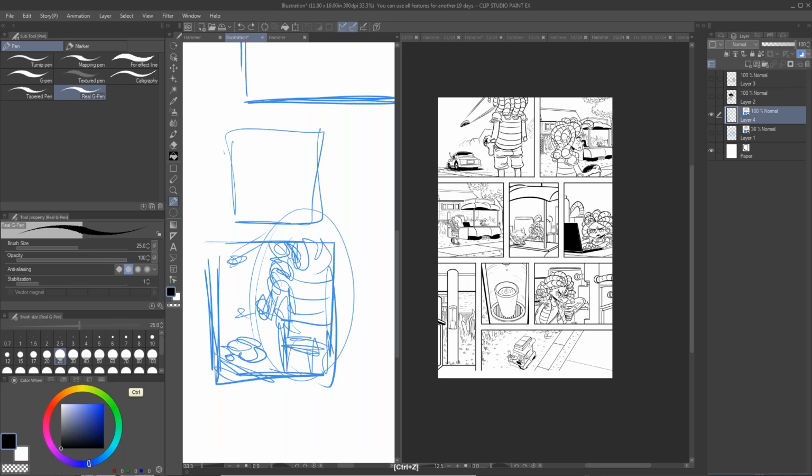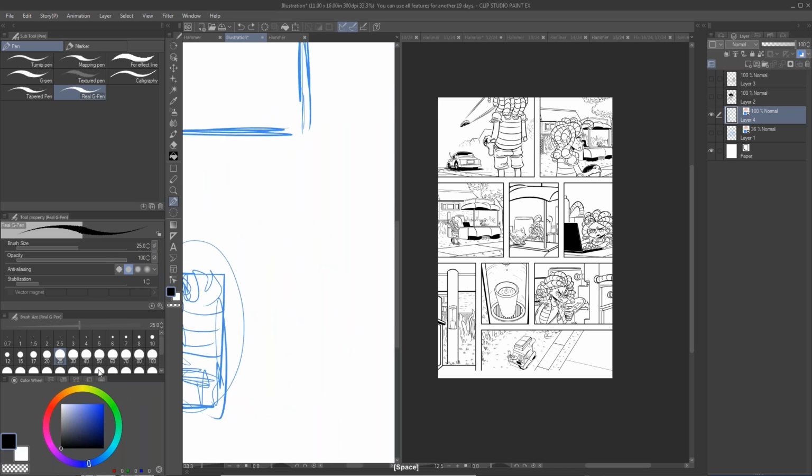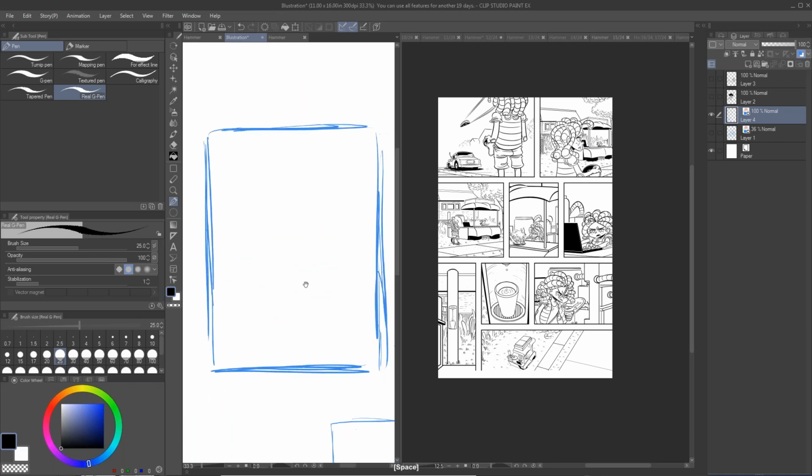After doing several different iterations of this image, I was able to find the best composition for it. And the same thing for the next panel, and so on and so forth. And after I had all of those panels in here, I would connect them all by basically doing that.